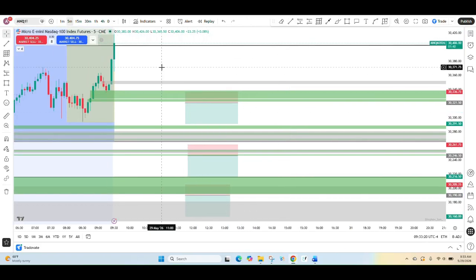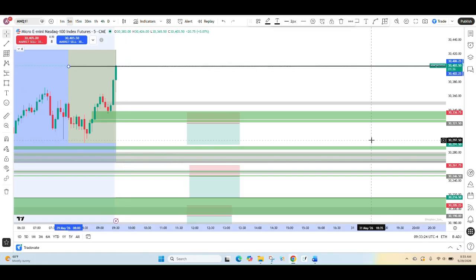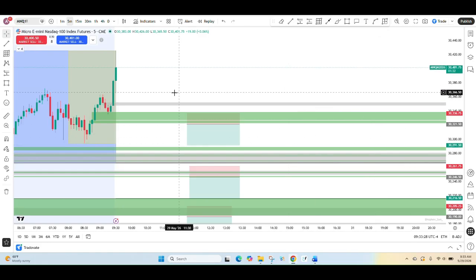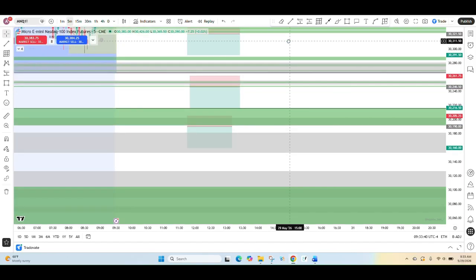Okay, so market open super bullish, and it already took out this London high that was being formed, so I'm gonna delete that. And it looks like a new bullish fair value gap is gonna be formed that we may be able to take another short entry off of if it inverses. So we'll mark that out once that happens, if that happens.